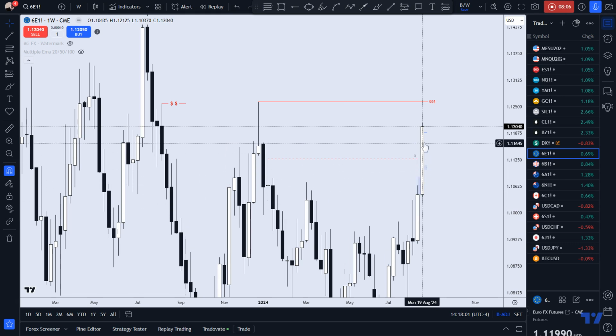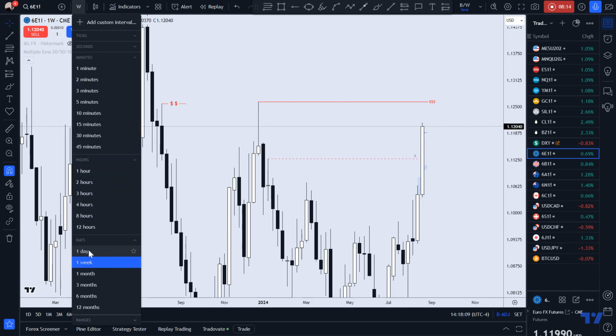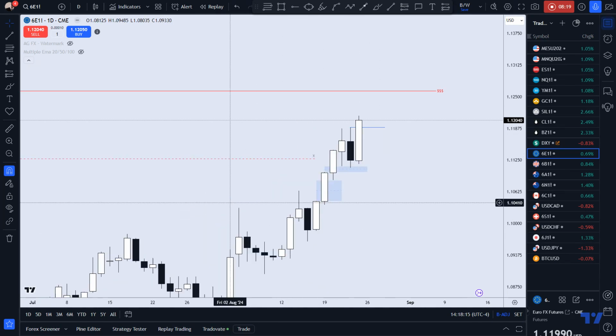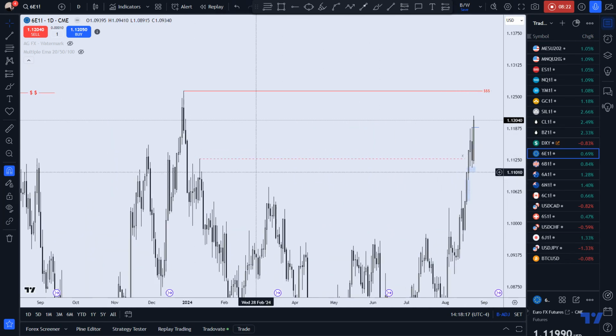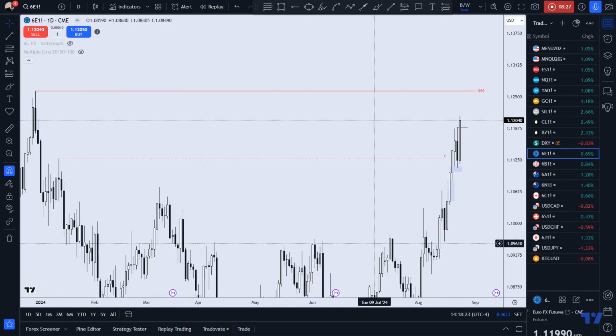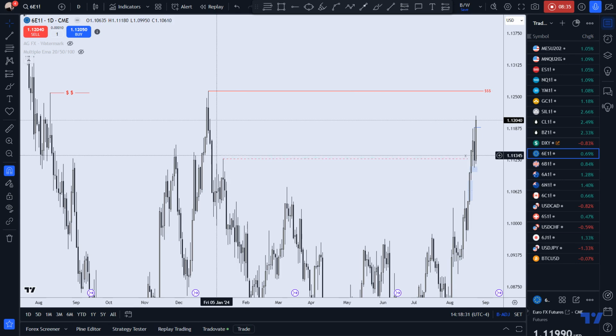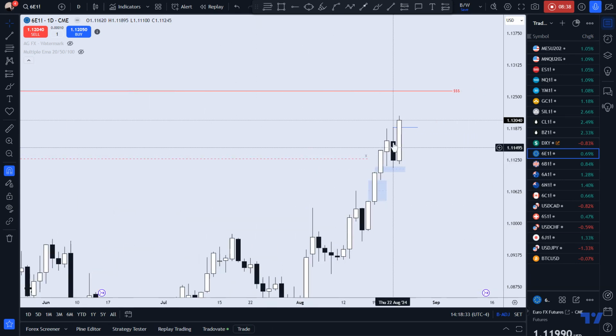You can see this was a great second candle, a great expansion candle. I'm looking to see how the third one develops this week, how it closes. But on a daily basis, we have taken out a swing high, an old swing high. We've taken out this swing high, this swing high. We haven't had that strong pullback yet, and then we get this pullback into the fair value gap. After taking out an external point of liquidity, we come back to an internal point, and now we have taken out these highs.